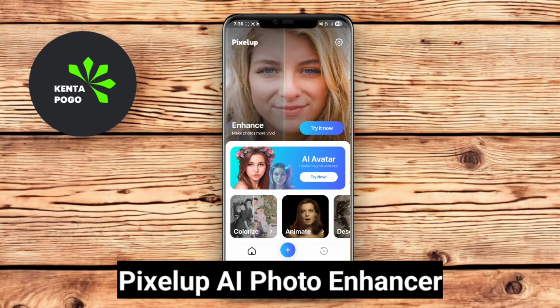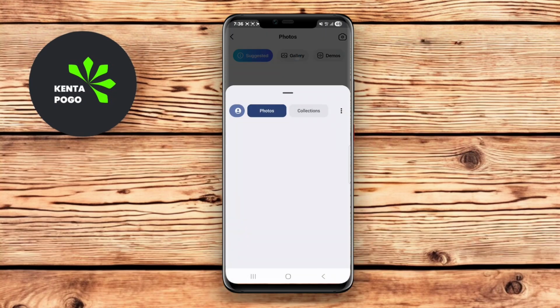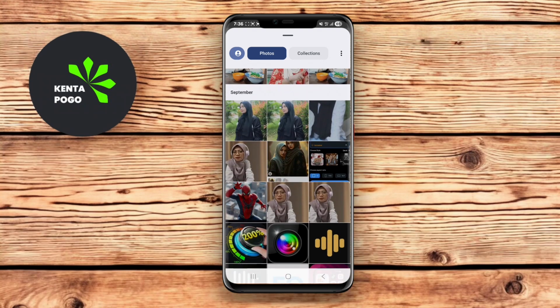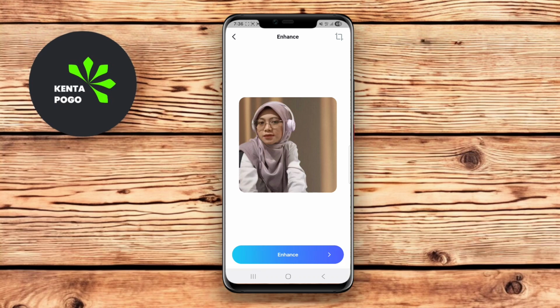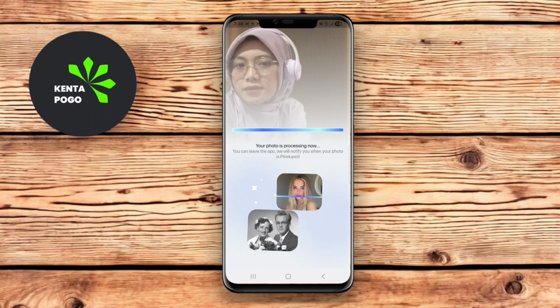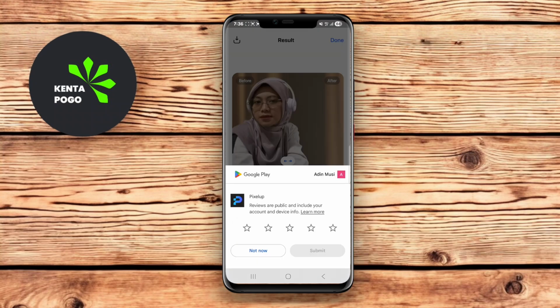Pixelup AI Photo Enhancer. Pixelup AI Photo Enhancer is a powerful app designed to enhance image quality using advanced artificial intelligence technology. This app can automatically improve your photos by removing noise, enhancing sharpness, and adjusting brightness and colors, all with just one click. Users can also upscale their images to higher resolutions, ensuring that even small or low-quality images can be